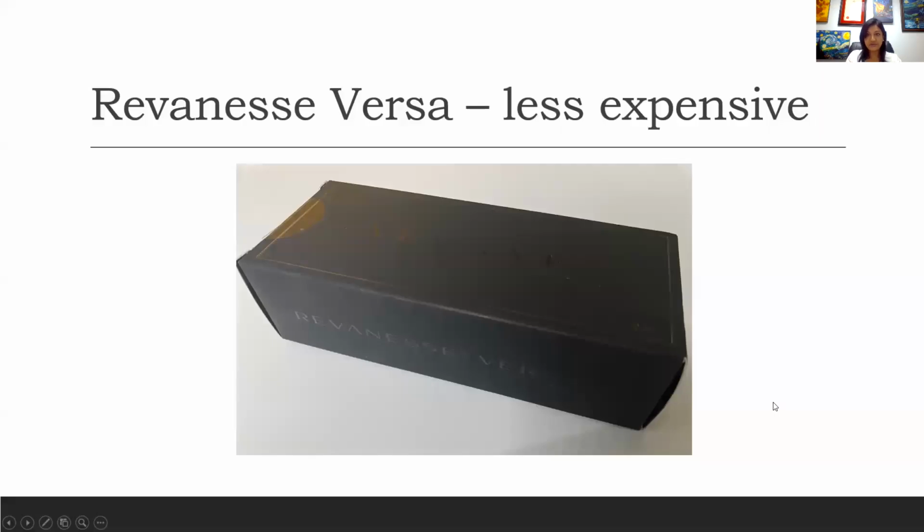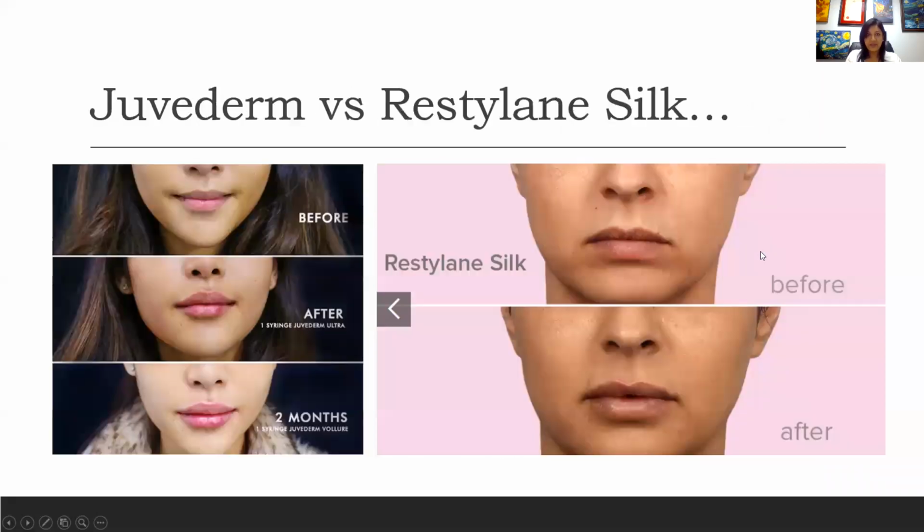So I'm going to share my screen again with you guys. I don't use the Juvederm because I tend to stick with the Galderma family. There have been some reports of chronic granulomas with some of the Allergan filler products, and so I've just stuck with the Galderma products. So these are not my pictures, these are from online, and this was one of the Allergan family, which is one of those two big families that I talked about, Allergan and Galderma being the two big ones. And Juvederm is an Allergan product, and you can see that this young lady has a nice result